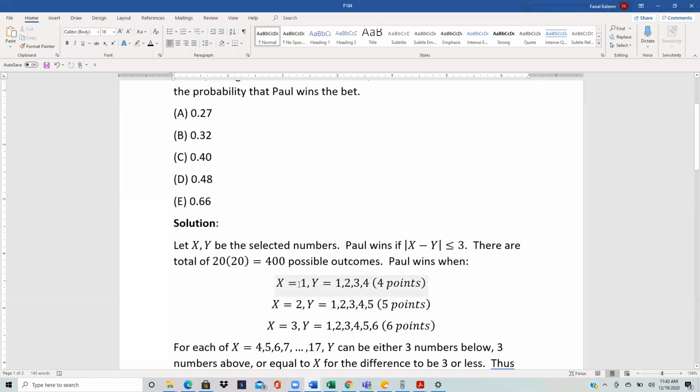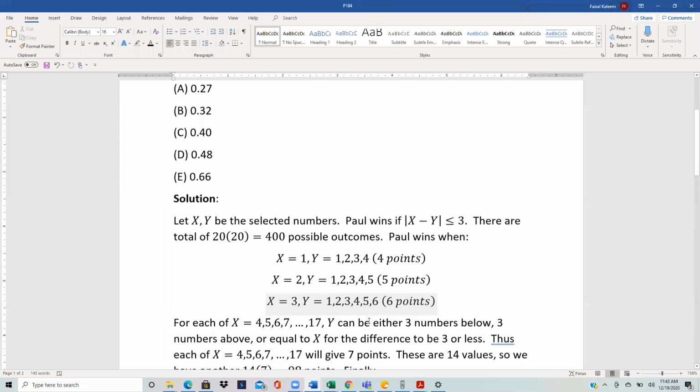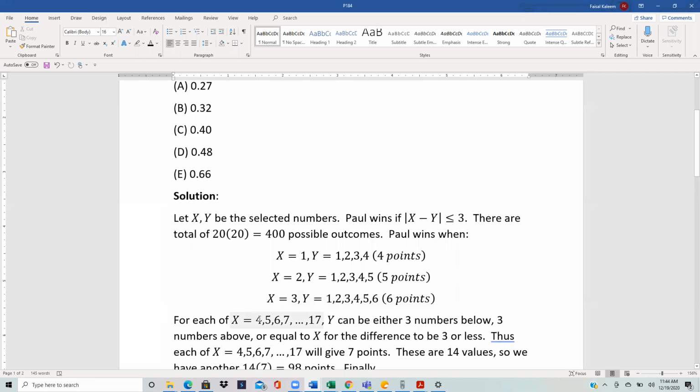So when x is 1, y could be 1, 2, 3, 4, because all these values, when you take their difference from 1, are less than or equal to 3. Similarly, for x equals 2, y can be 1, 2, 3, 4, or 5. These numbers differ from 2 by 3 or less. Similarly, for x equals 3, we have 1 through 6. However, once you hit x equals 4 and all the way up to 17,